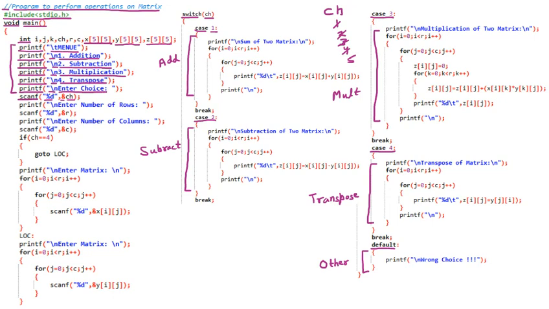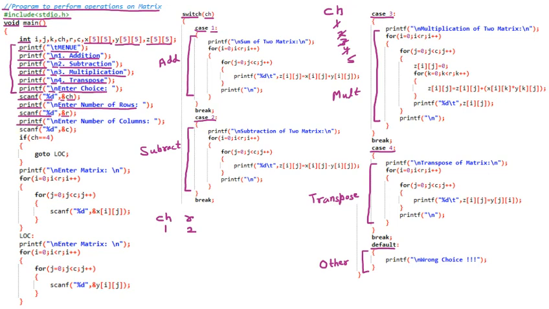Now we are assuming that the user has entered the choice as 1. Afterward we are asking, printf, enter number of rows. So how many rows should be there in the matrix? We are entering that into R. So scanf for asking from the user, %d for the integer value, at the address of R, we are going to ask the number of rows. We are assuming that the choice this time is 1. Number of rows we are assuming is 2.